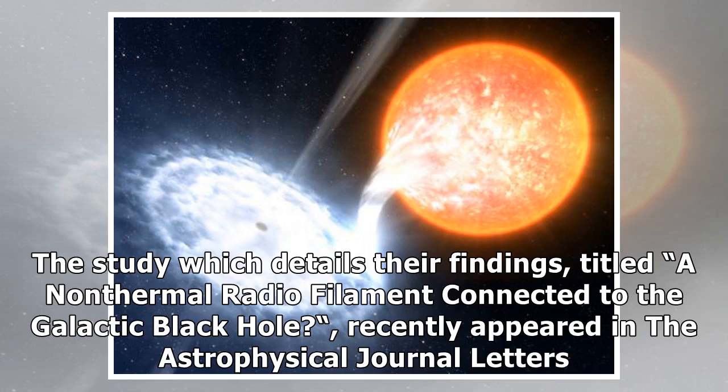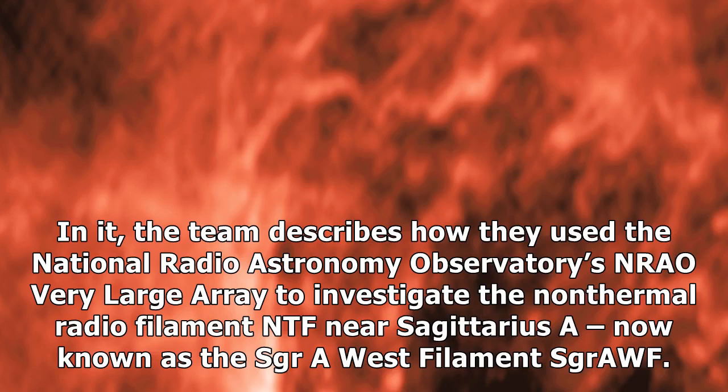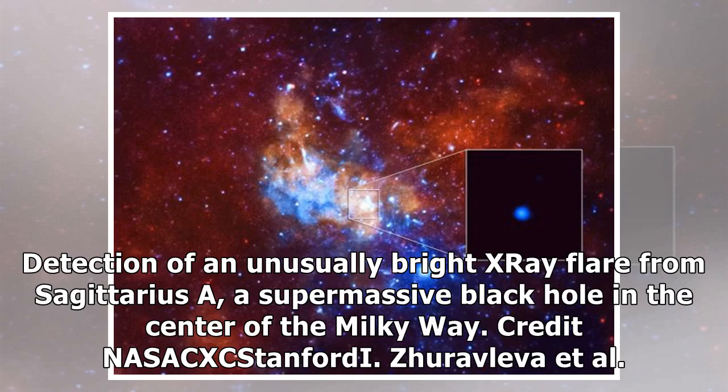The study, which details their findings, titled "A Non-Thermal Radio Filament Connected to the Galactic Black Hole," recently appeared in the Astrophysical Journal Letters. In it, the team describes how they used the National Radio Astronomy Observatory's (NRAO) Very Large Array to investigate the non-thermal radio filament (NTF) near Sagittarius A*, now known as the SgrA* West Filament (SgrAWF). Detection of an unusually bright X-ray flare from Sagittarius A*, a supermassive black hole in the center of the Milky Way. Credit: NASA's